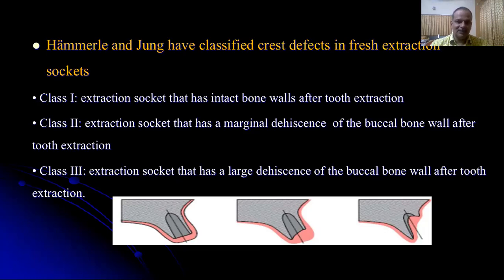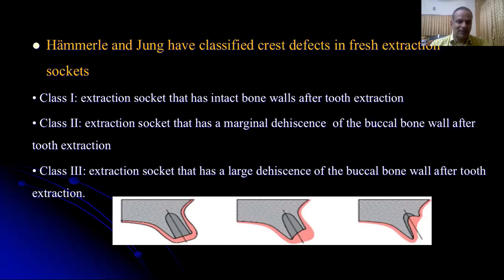If the patient is interested in implant supported restorations, then before extracting the tooth, various pre-surgical evaluations such as radiographic evaluation have to be done to find out whether there is any presence of dehiscence or fenestration defects in the buccal bone wall or the lingual bone wall, and